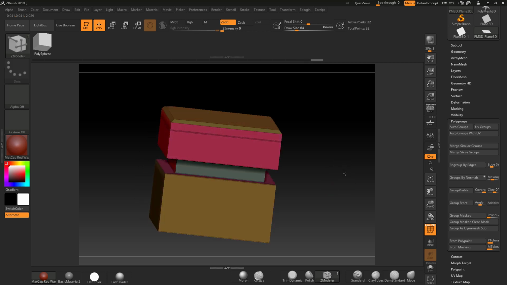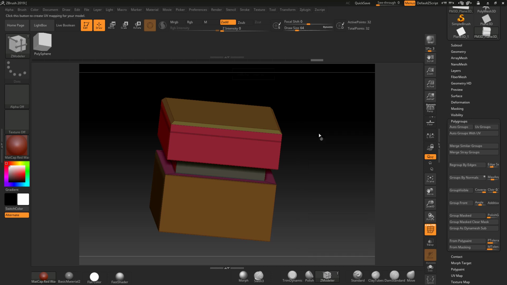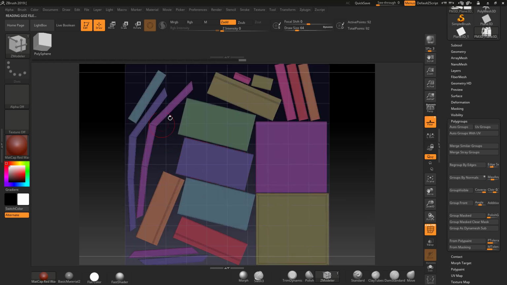okay, that should be good enough. And we just go to our UV Master and I'm just going to click the poly groups and unwrap. Let's have a look what it's given me here. Let's flatten this out. What you're going to see is lots of edges going around here, and this is a whole loop which is being